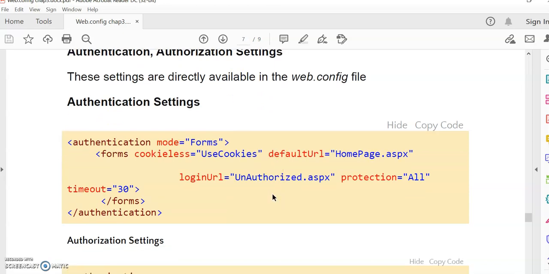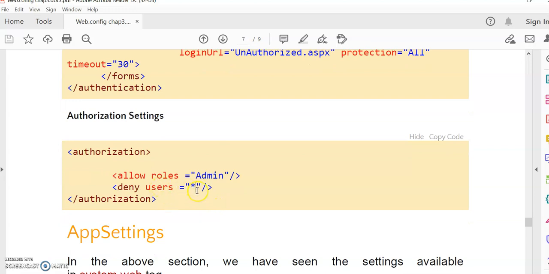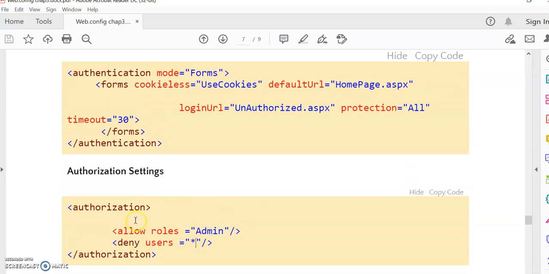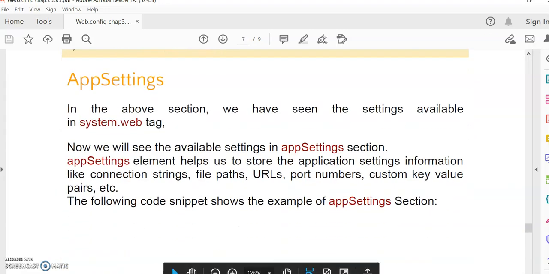Authentication means that for a particular page you have to log in as an authenticated user, otherwise an error will be given. So we have to validate it with the help of the authentication setting. Here loginUrl is one of the property attributes, and with that we can specify it and it will be checked. Same for authorization: we will allow the role admin and deny the users, so the users will be denied. So we can assign roles for authorization also. We will see it in a program, and we will execute all these settings programs.